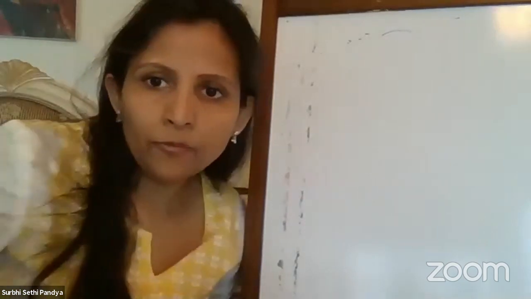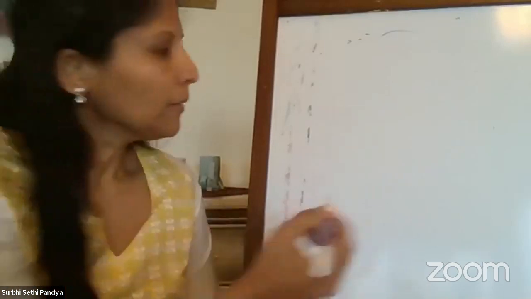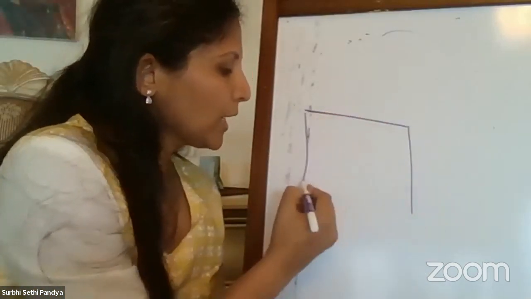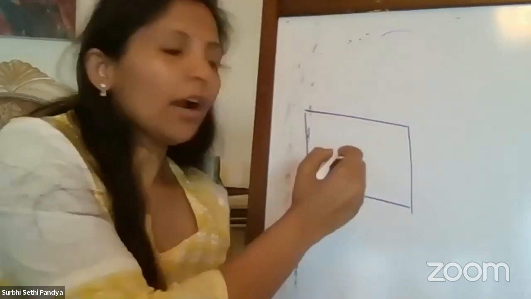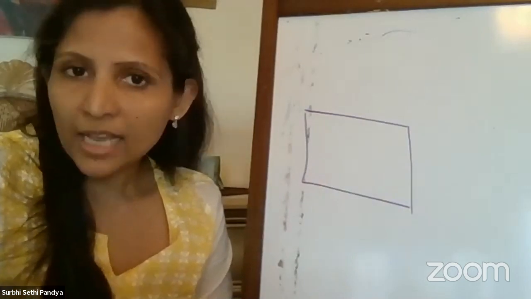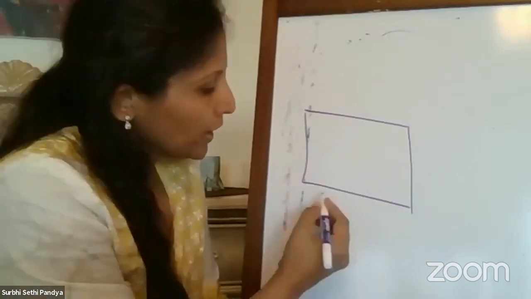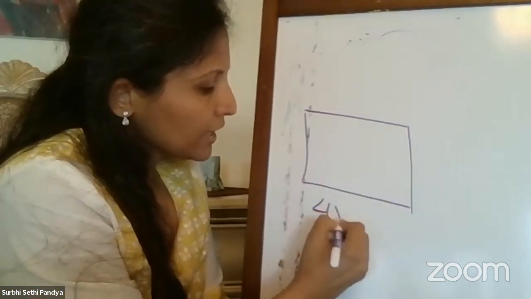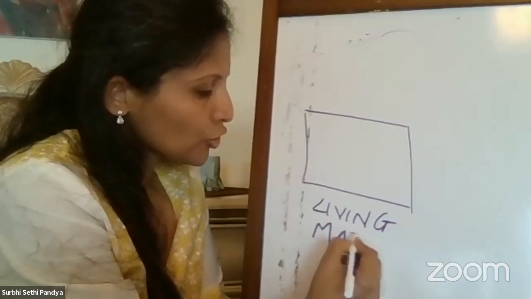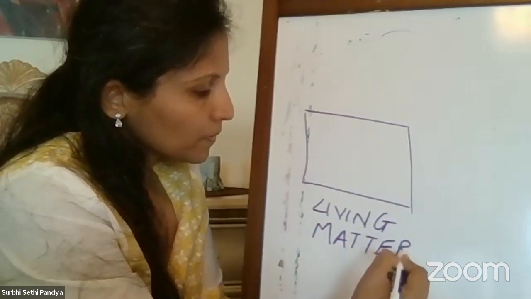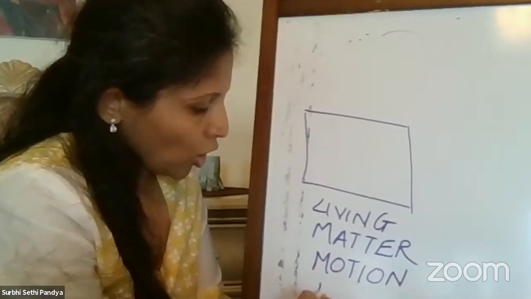Okay, one more time, we start with what are the space points? So imagine this is the universe right here. If this is the universe, then there are the 6 essentials inside this universe, right? We know the names of the 6 essentials. One is the living essential. Another is the matter essential. Another is motion, halt,